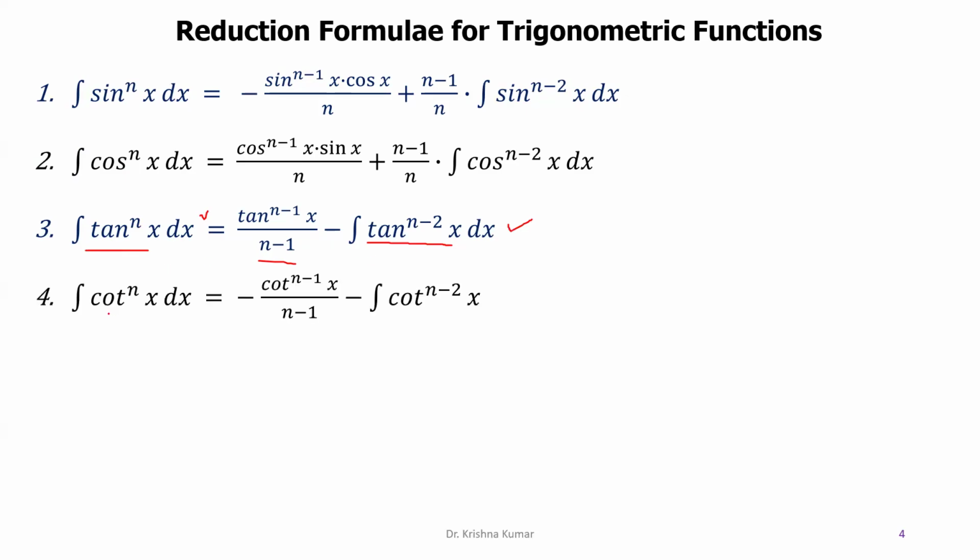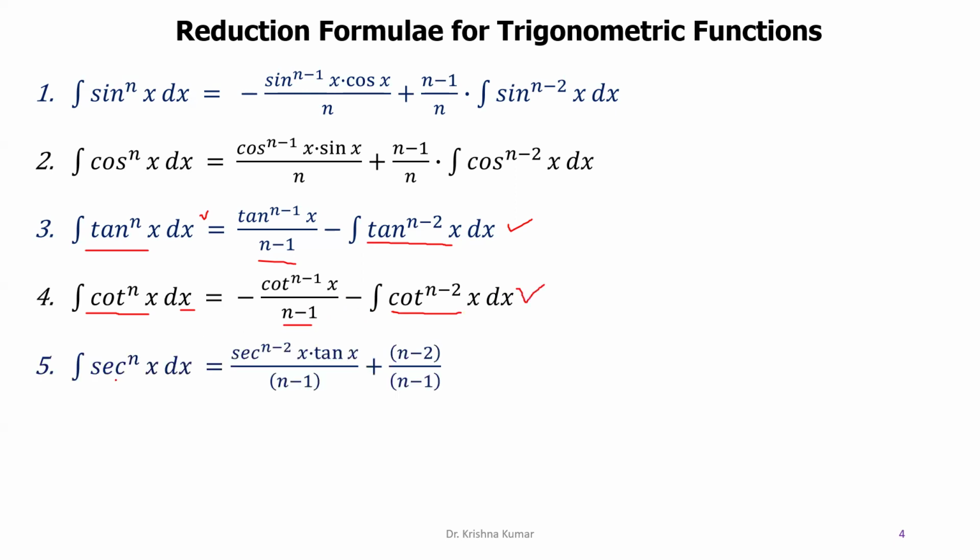Reduction formula for cot to the power n x with respect to x. So integration of cot to the power n x with respect to x is equal to minus cot to the power n minus 1 x divided by n minus 1, minus integration of cot to the power n minus 2 x with respect to x. The fifth formula is the reduction formula of integration of sec to the power n x dx,